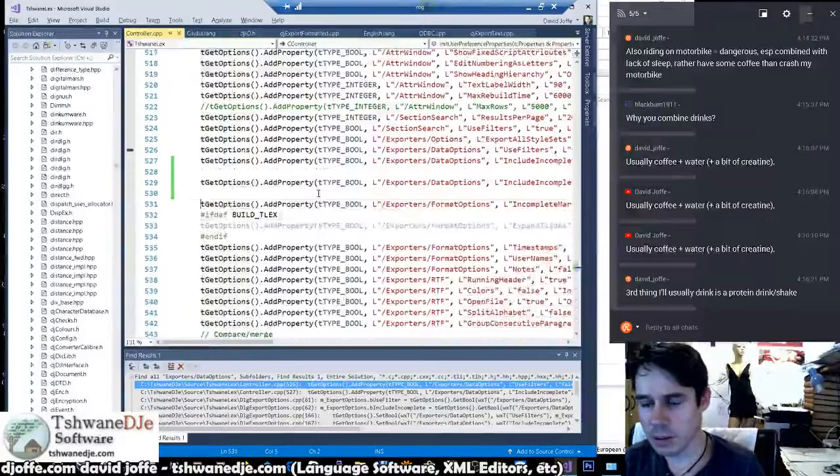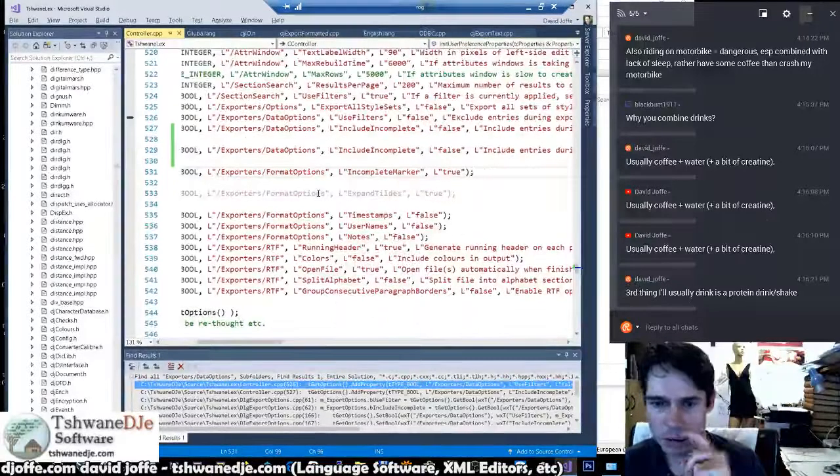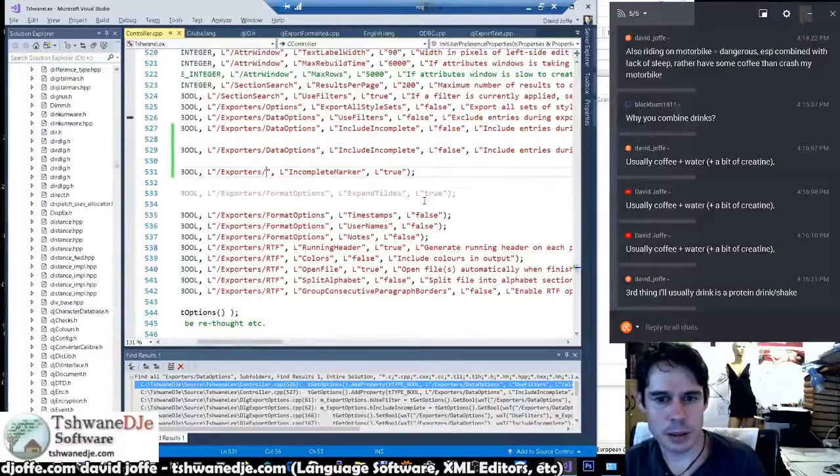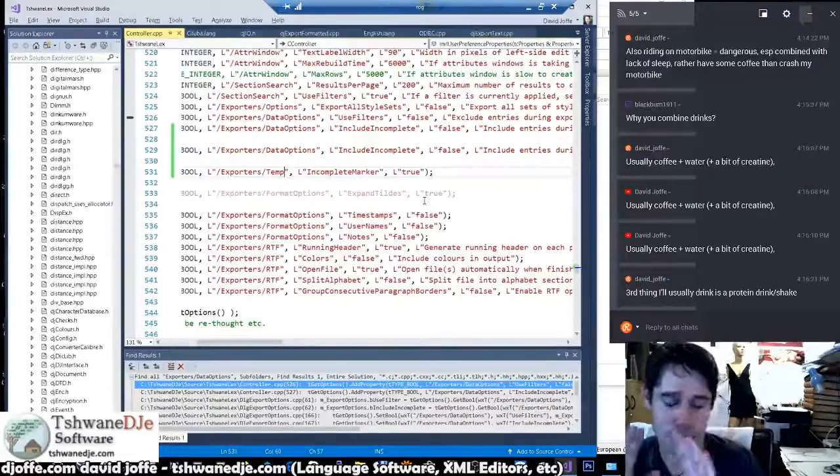I mean, yeah, we have so-called format options that turn on and off certain things in the output. But it's not a format option because it's got nothing to do with formatting. It's like somewhere between a data option and a format option. Anyway, I'm gonna make it a data option, or it should just be no. I'm not gonna make it a data option. I'm gonna make it a new thing. Temp, something not called temp, but I want to pass this subfolder to the